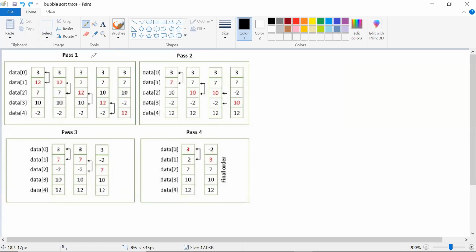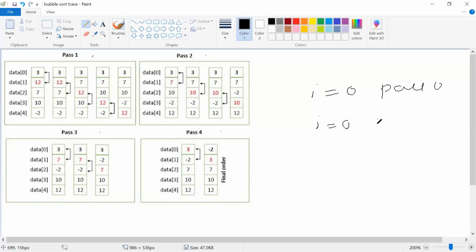See, when i is equal to 0, that is pass 0. i equal to 0 means pass 0. Here they have taken 1, but logically we are going to call this the 0th pass, first pass, second pass, third pass. i equal to 0 means pass 0. How many comparisons do we have to do? The number of comparisons will be your j value.